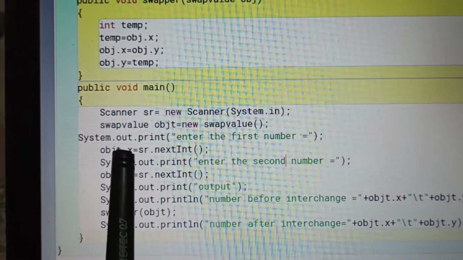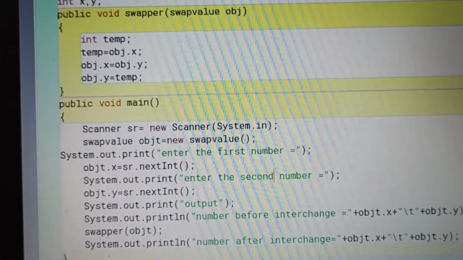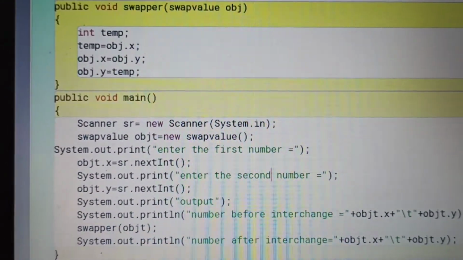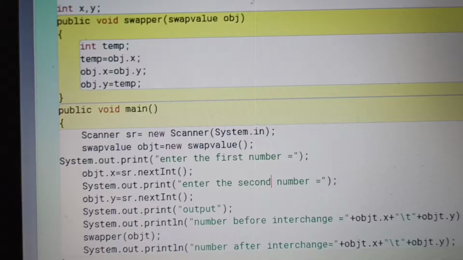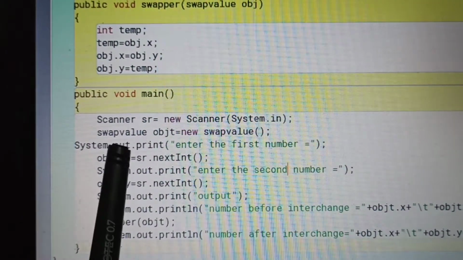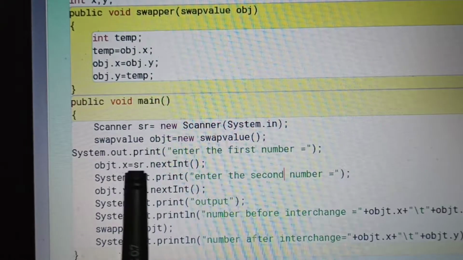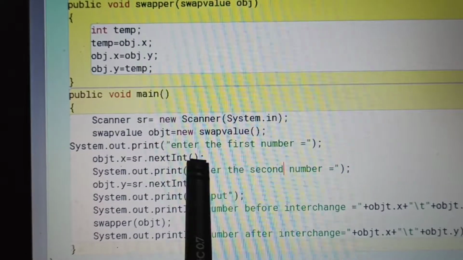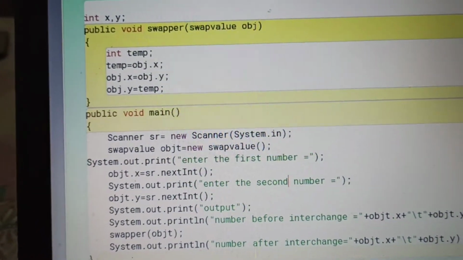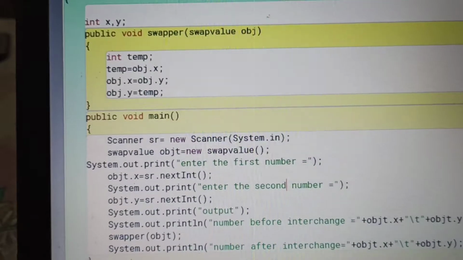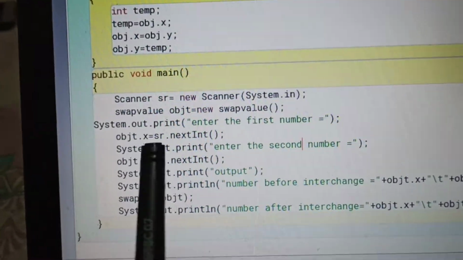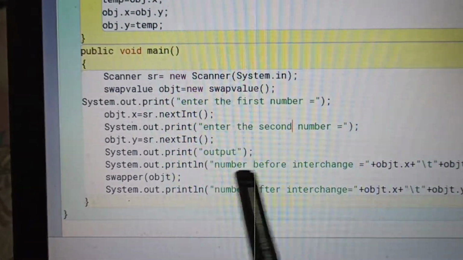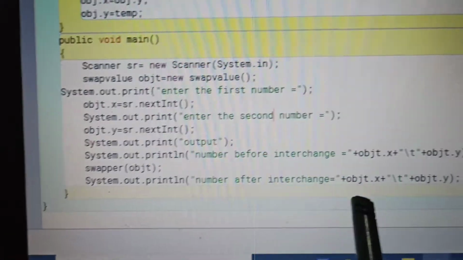Here I am explaining this one: input the value of x using the scanner input function and store it in obj, meaning it will ask for the input value of x with the scanner class input function, and store it in the object of the class SwapValue.